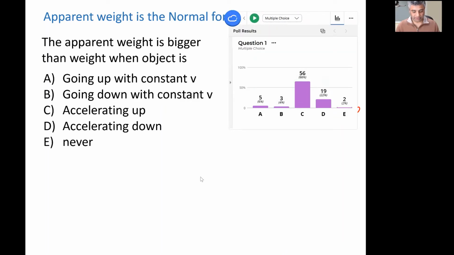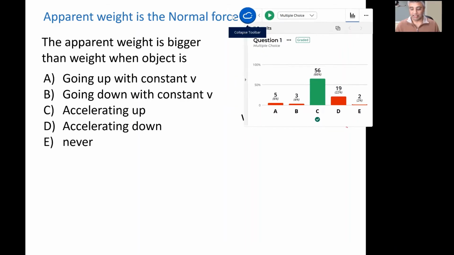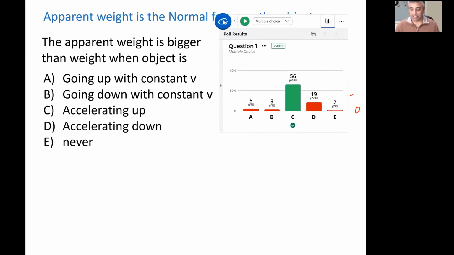Let's see what happened. Okay, so we are seeing all of these, but mostly C. Let's say I'm thinking C is the correct answer. I don't know if that's correct or not, but I am thinking that is correct. So how do I come up with that conclusion? Can somebody explain that? Or if you think I'm not correct, tell me why, okay? I really like to hear from you guys, okay?